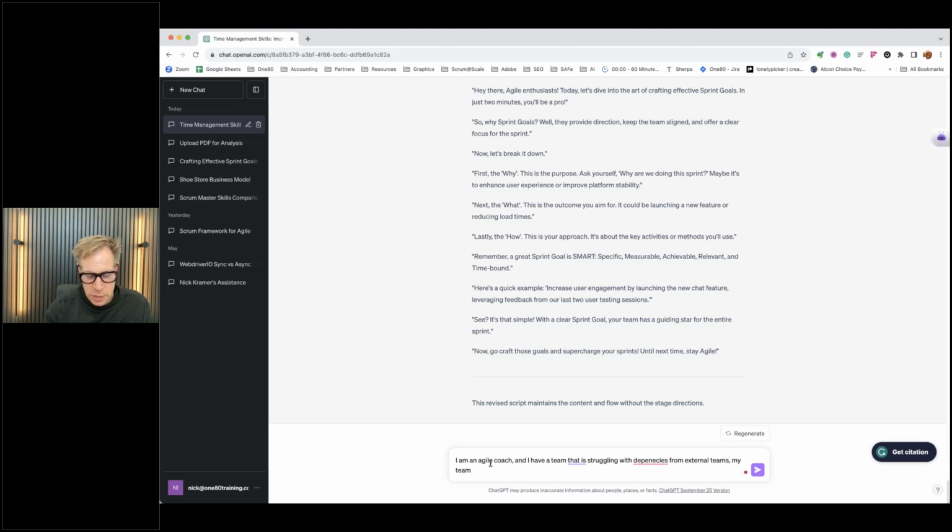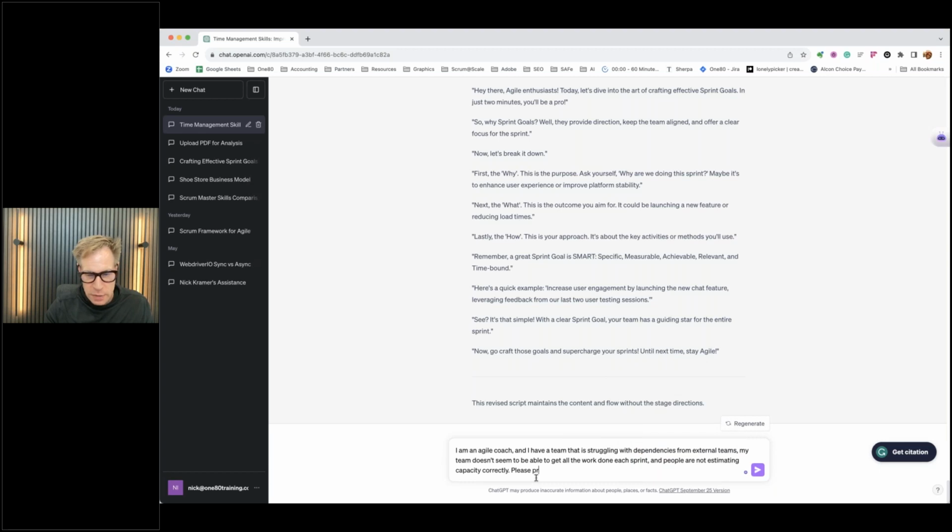My team does not seem to be able to get all the work done each sprint, and people are not estimating capacity correctly. All right, let's fix this spelling here.